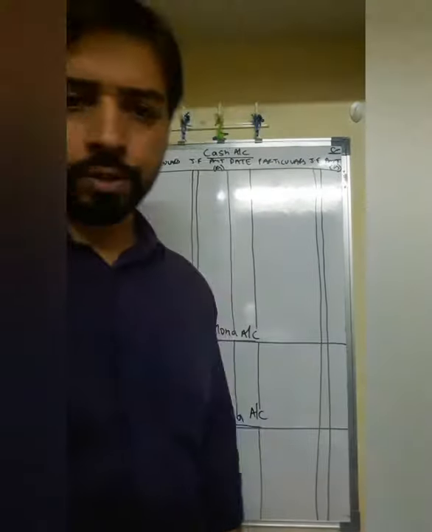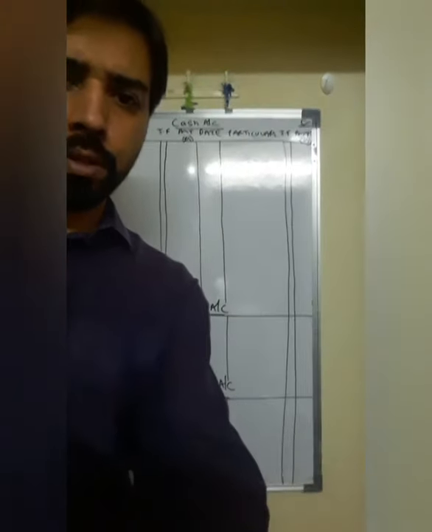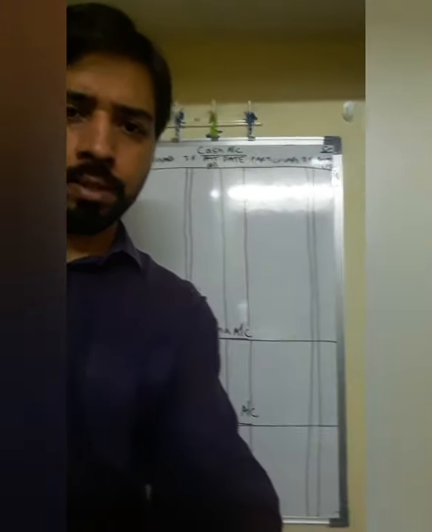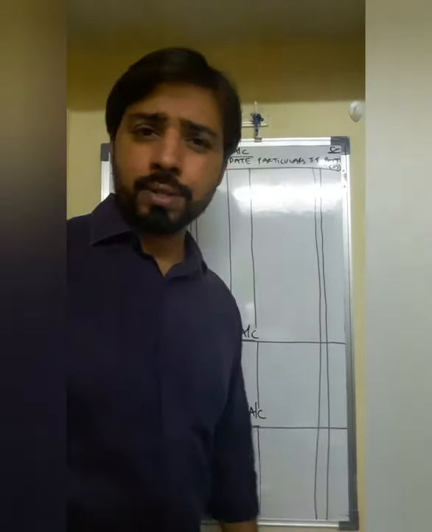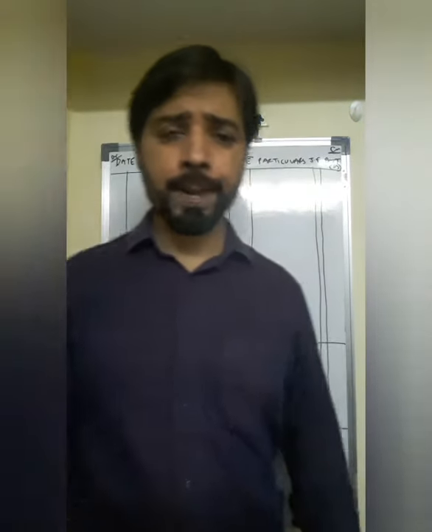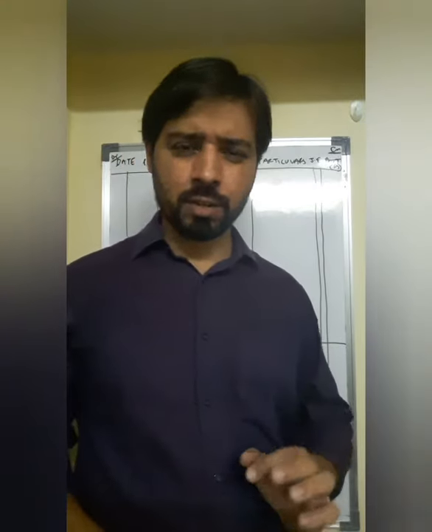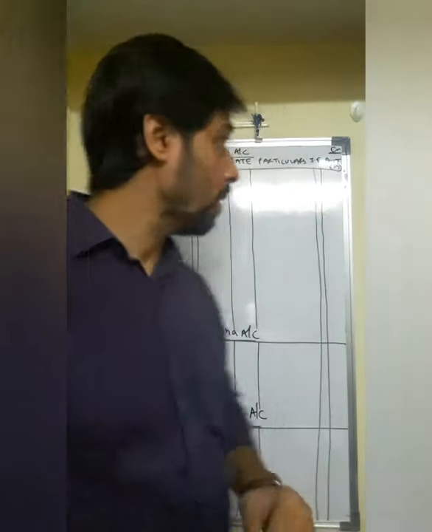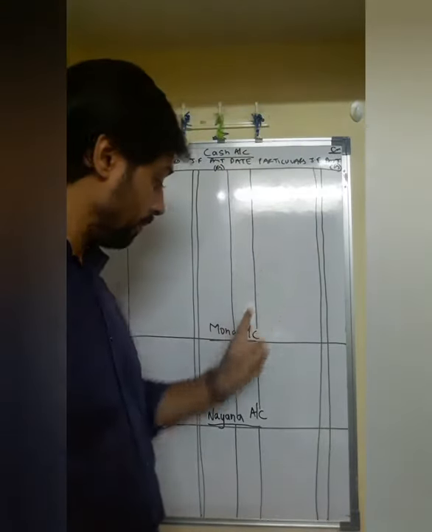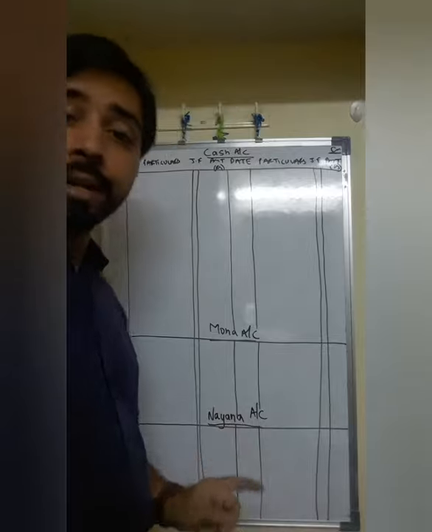Yeah, hello students. I hope the view is very much clear, students. Okay, let me adjust a little bit. Fine, students. I hope the questions are with you. Okay, now from these two questions I have prepared a few ledgers. All the ledgers I haven't prepared. I have just prepared three ledger accounts. Okay, one is cash account if you see, one is Mona account and one is Nana account.